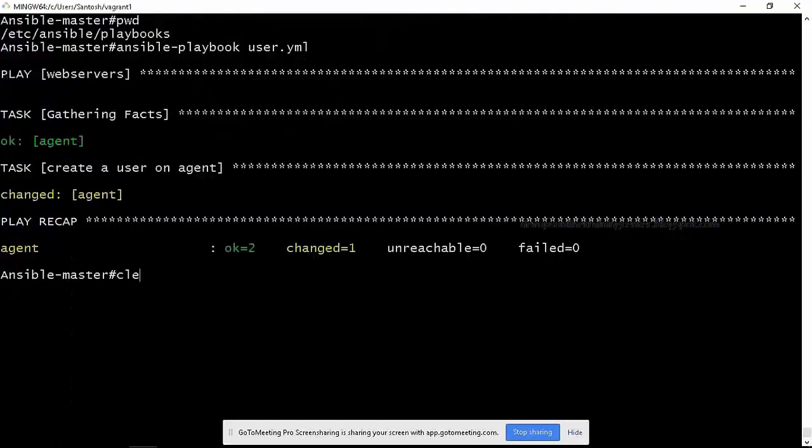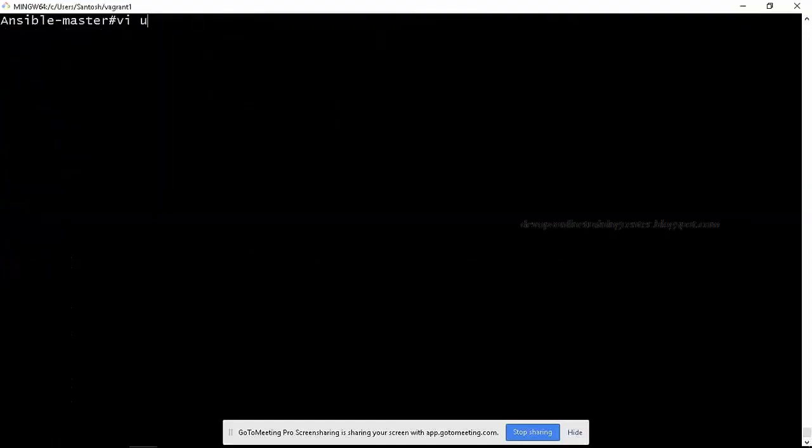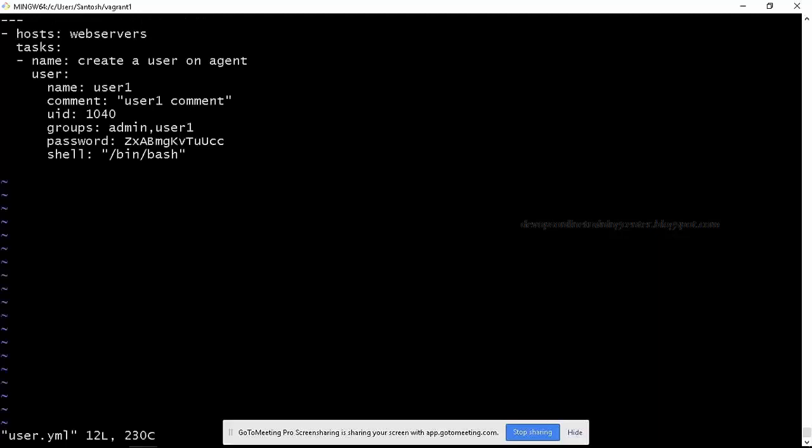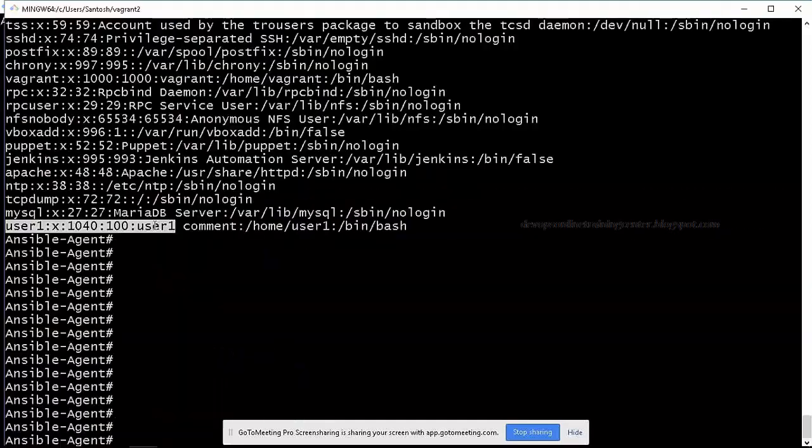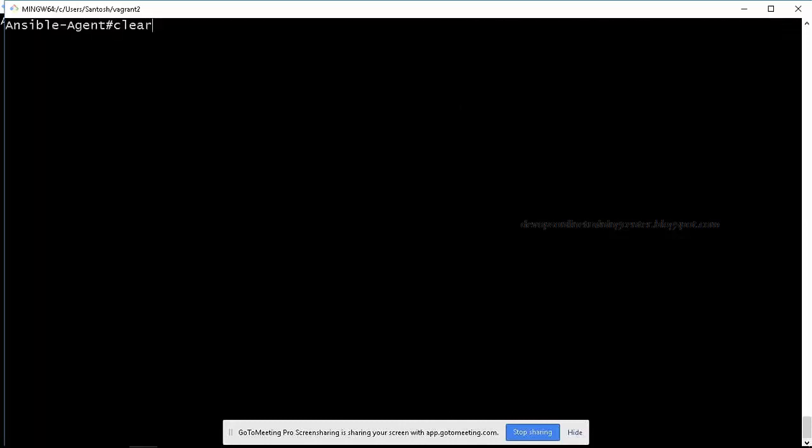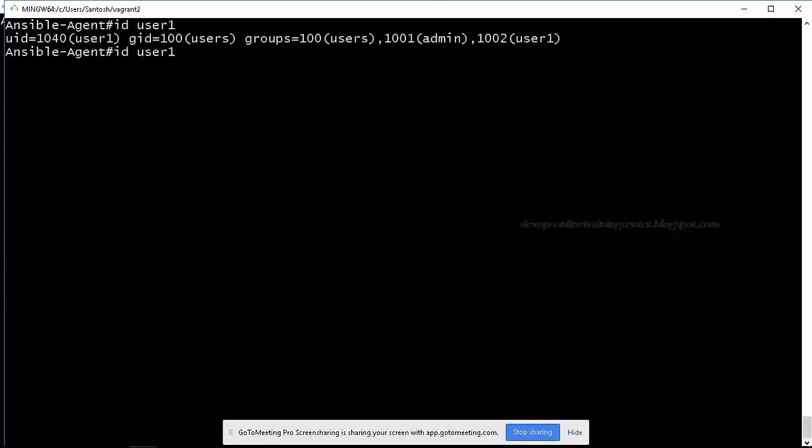We have asked to add it to admin, user one, right? So it is not added to admin. Is it added? I think so. Type id user one. Yep, it's added: admin and user one. Right, so it's added, but it's not showing in /etc/group.